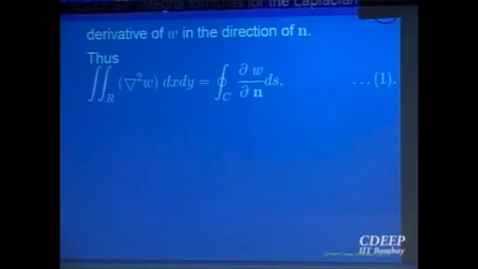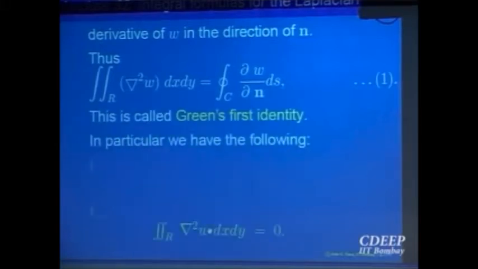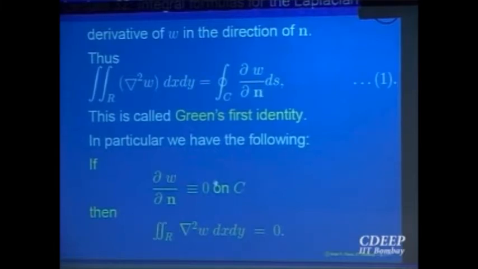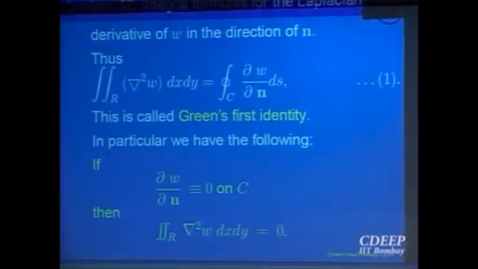So for example, supposing that the derivative of W along the direction n is equal to 0, that is, the directional derivative of the scalar field on the boundary along the direction of the unit normal is everywhere equal to 0. So we are specifying a property of W on the boundary, and that will say that the integral of the Laplacian is equal to 0. The integral is over the whole region inside, right? So that is a very nice application of Green's first identity. It says if the directional derivative of the scalar field W on the boundary in the direction of the unit normal is 0, then the integral of the Laplacian is equal to 0. And it has very nice applications in physical settings.